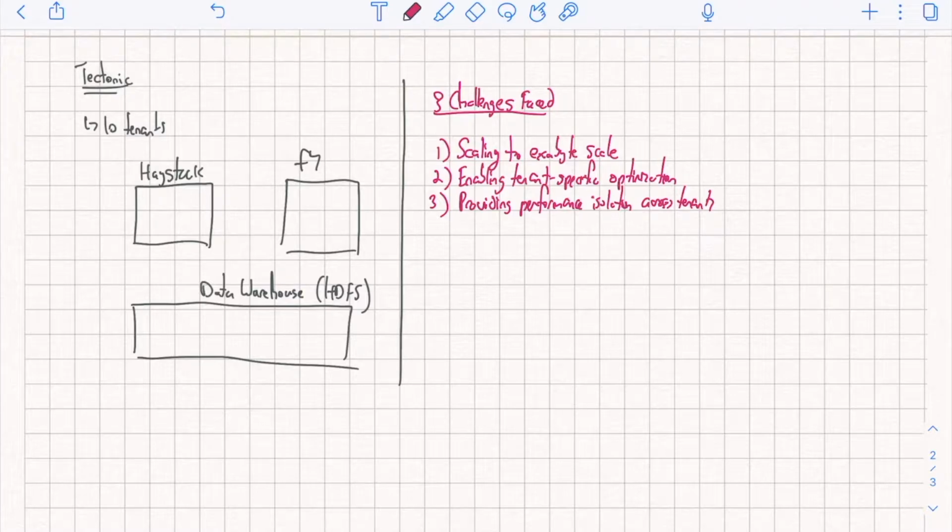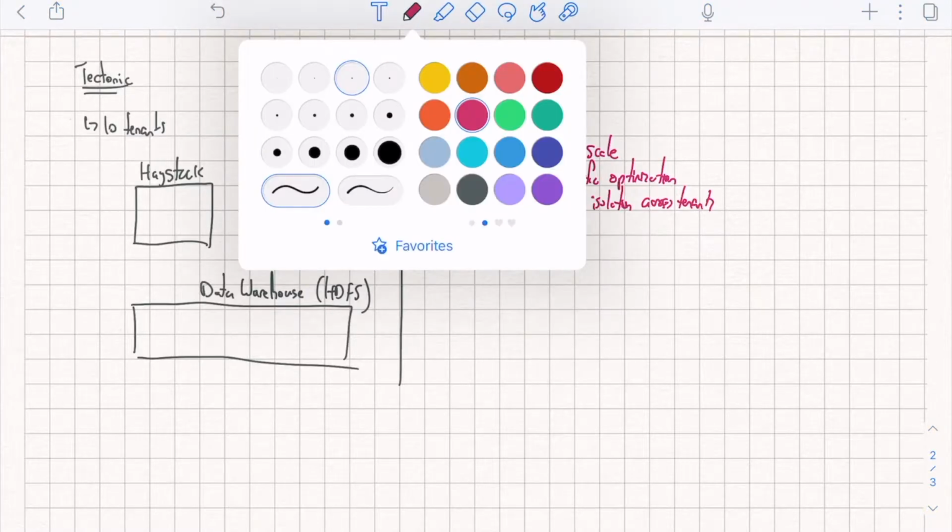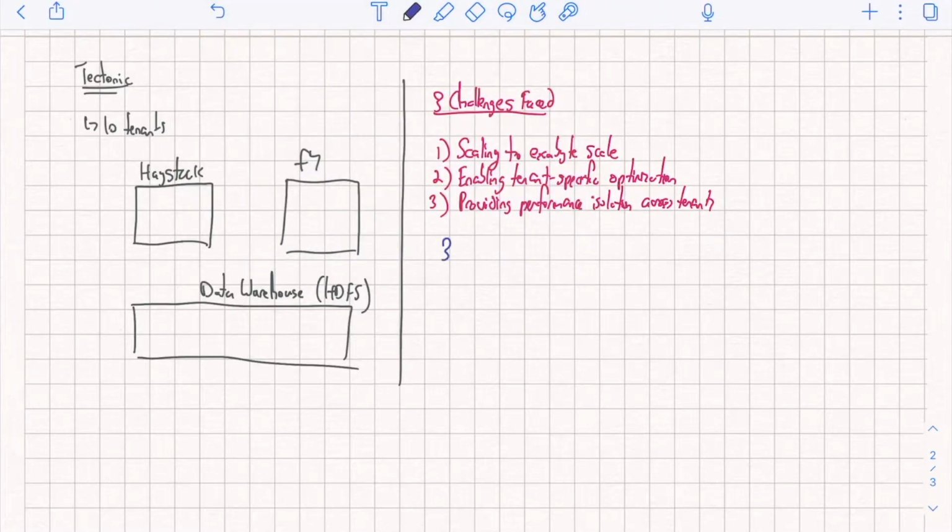So here are the high-level solutions for these 3 challenges. These are 3 high-level solutions, and we'll go in depth into each one. Now, for the first one, a high-level solution is disaggregating the file system metadata into independently scalable layers. So what does this mean? So we are disaggregating file system